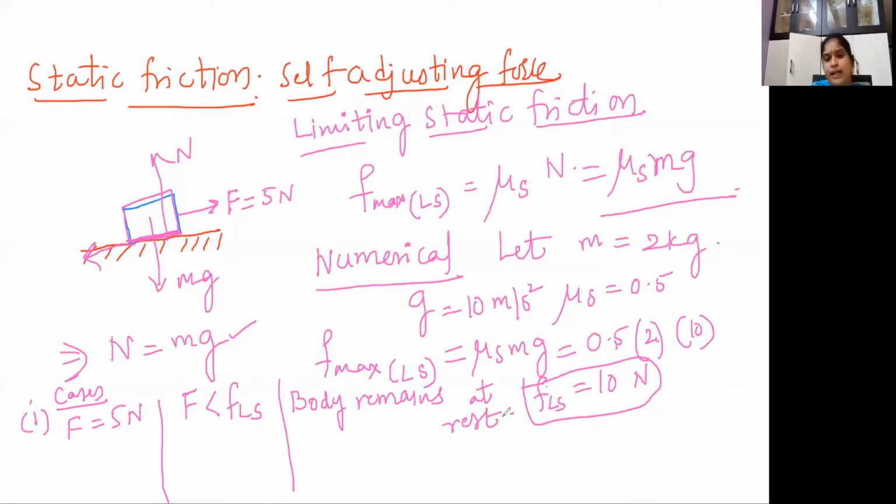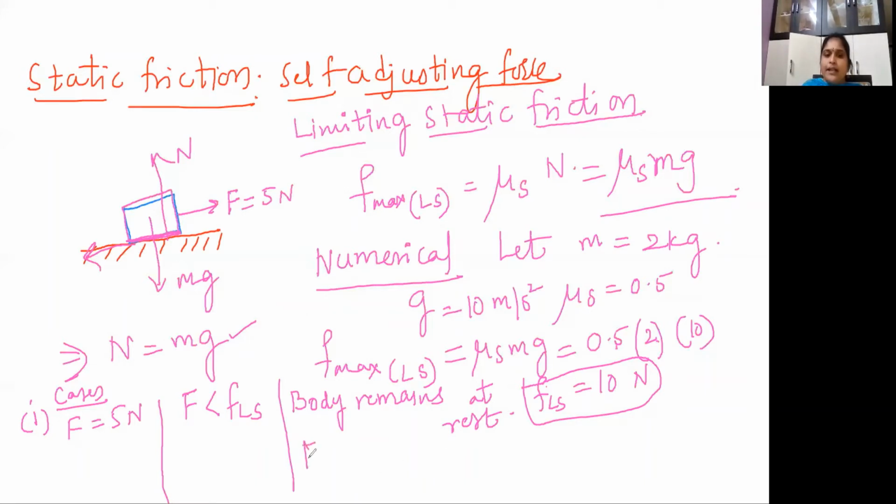But you have applied a force. Then an unbalanced force should act. Then why is the body not moving? But we know that a body does not change its state unless an external force is applied. But an external force is applied, and still the body is not moving. Means there should be some other force balancing the applied force. That is, the net force should be balanced. That means the applied force should be balanced by some other force such that the net force becomes 0. This is the concept you have to keep in mind.